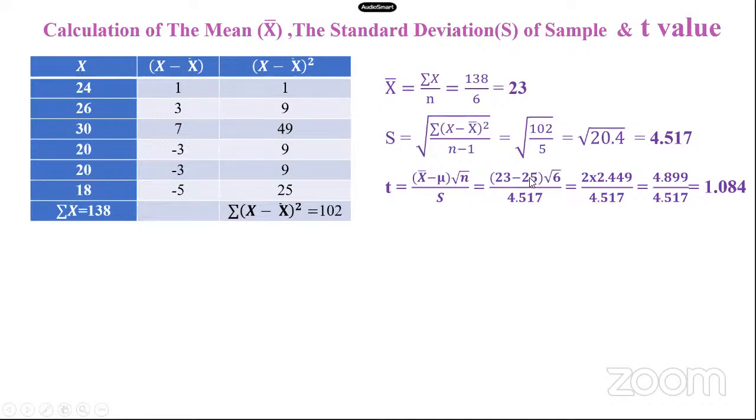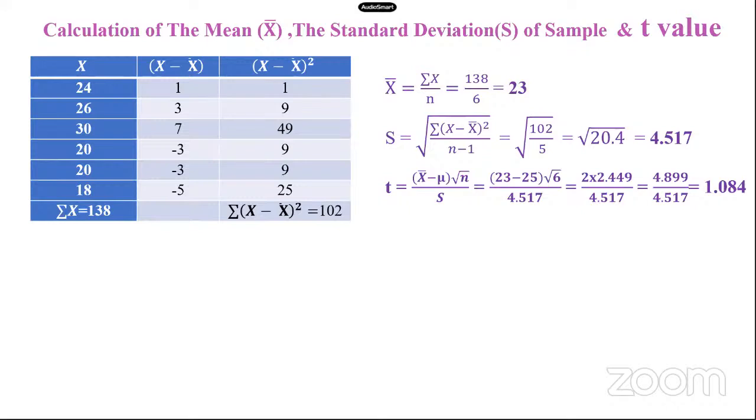23 minus 25 is equal to 2. Then the square root of 6 is 2.449. The multiplication of 2 into 2.449 is equal to 4.899, divided by 4.517. Then take the division. Answer is 1.084. Now this is the calculated value of t-test, and it will be compared with the table value of t,